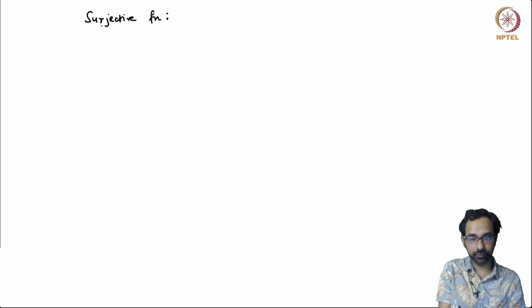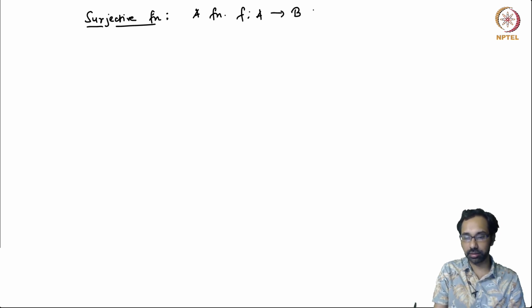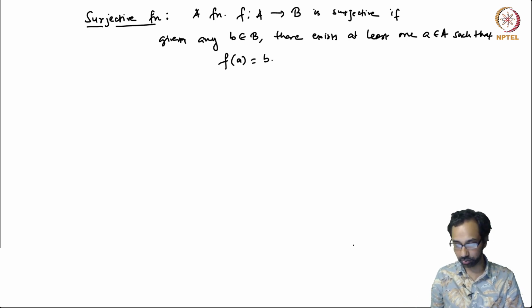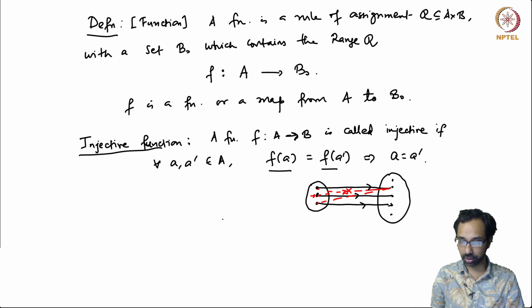surjective function, and a surjective function is a function, let's say again from A to B, is surjective if given any B in B, there exists at least one A in A such that f of A equals B. So here I'm writing using this notation f of A to denote,